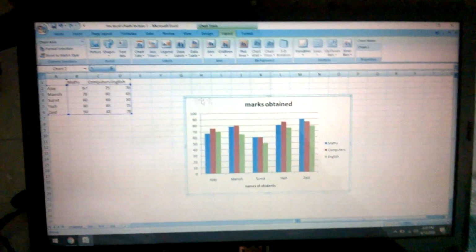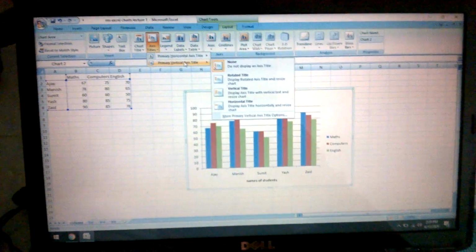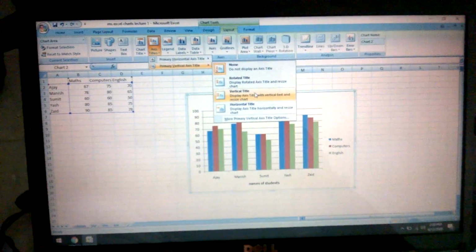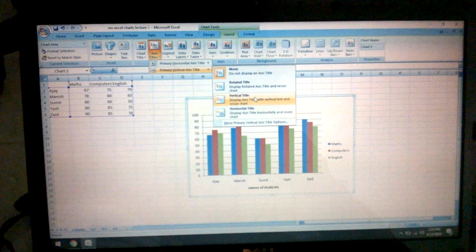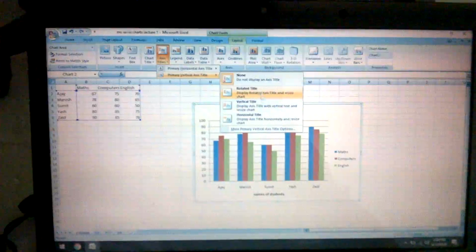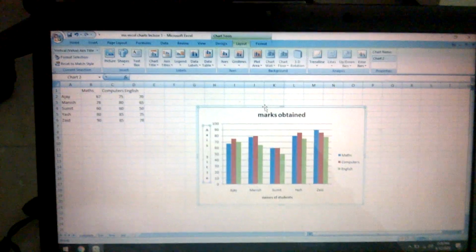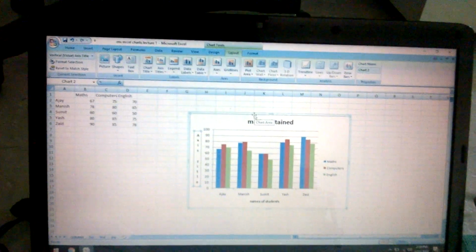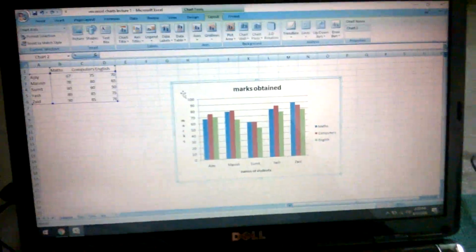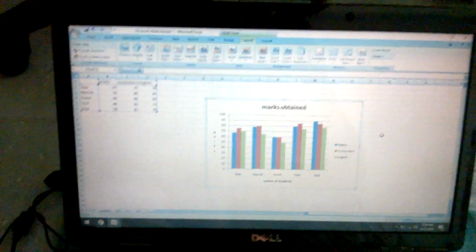Then here we can put marks. So we can give it in this way. So these are the different components of the chart.